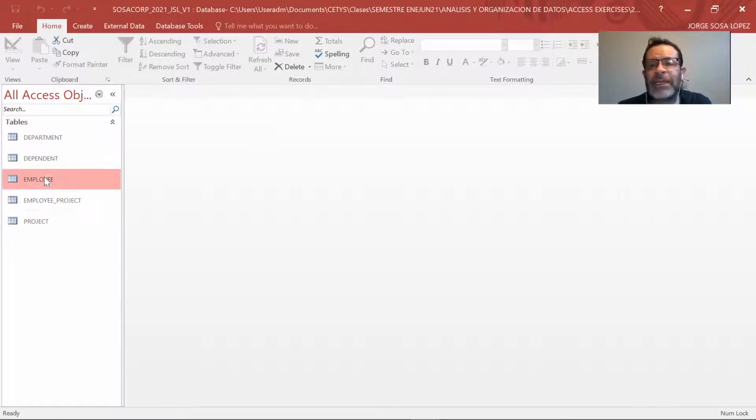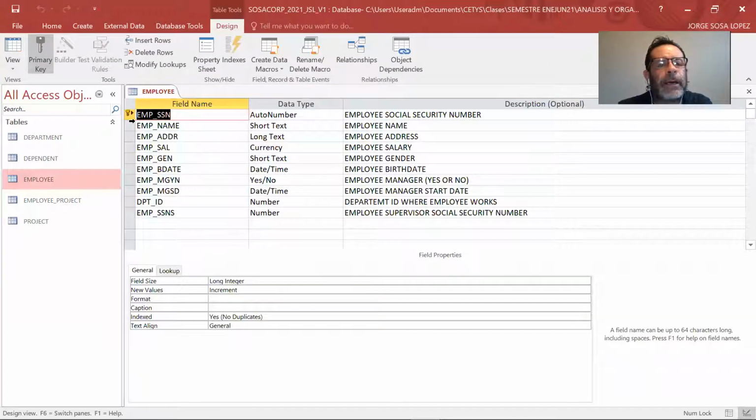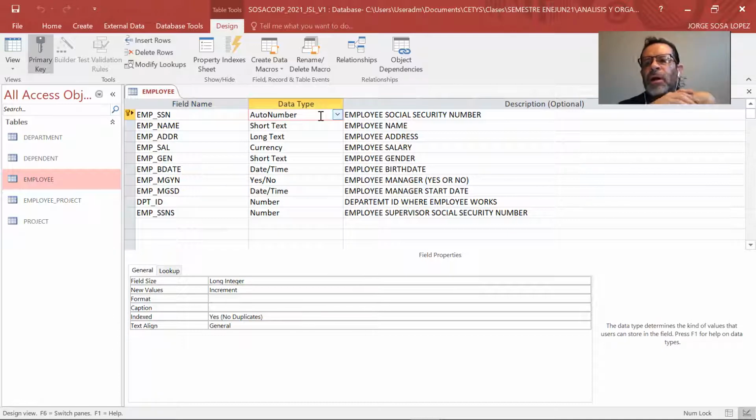So the first thing, I'm going to go to each table and remember that we had defined a primary key. We had defined it with the data type that's an auto number. And the auto number basically is going to generate a number automatically. Each time it's going to start at 1, and each time we add a new record, it's going to add a consecutive 2, 3, 4, etc. That's practical as a default primary key